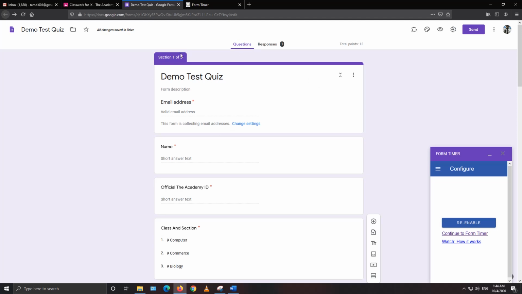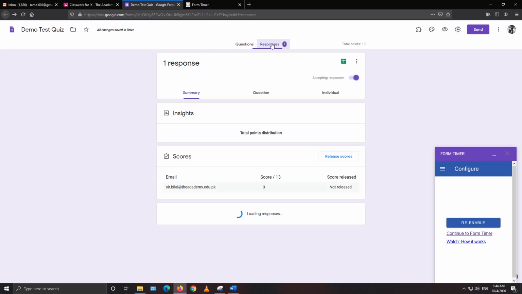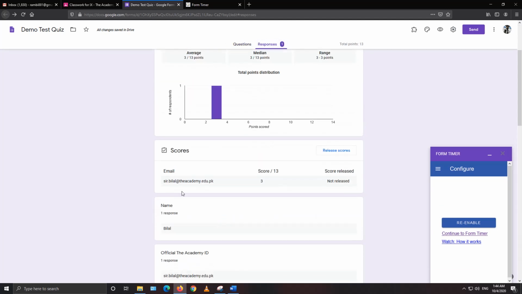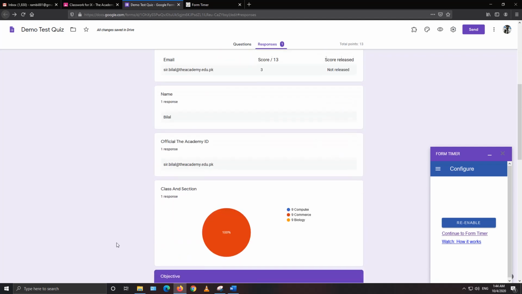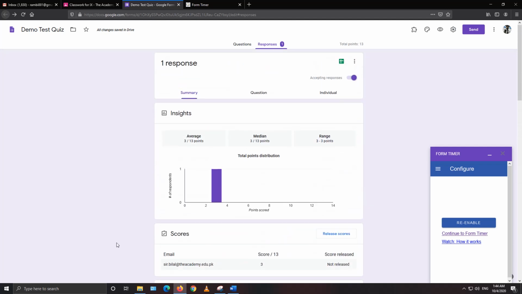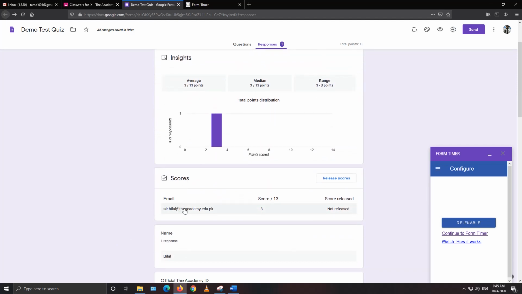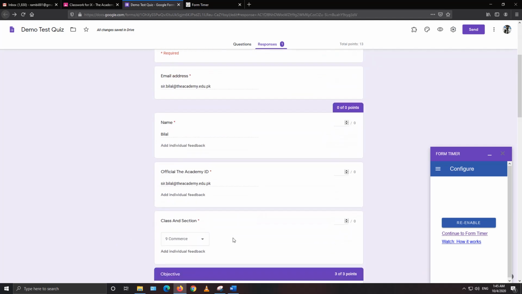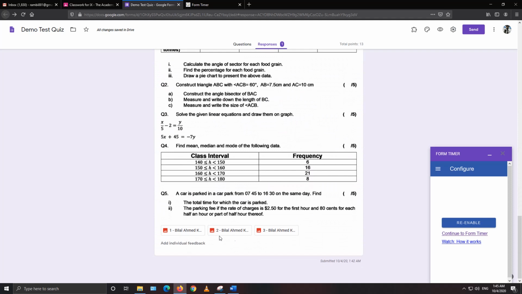So once you open your specific Google form, you will go to the responses on the right side. Here I can see that there is only one respondent of this form, who scored 3. You have to check the form for descriptive answers yourself. For example, if you press this email address, the whole form will open along with the attachments.